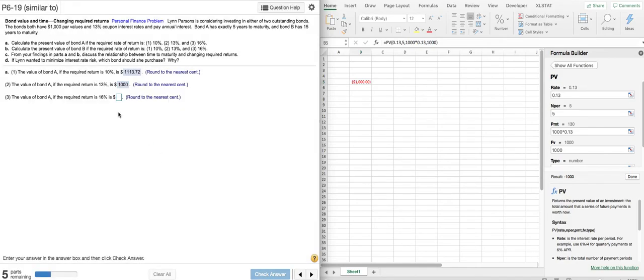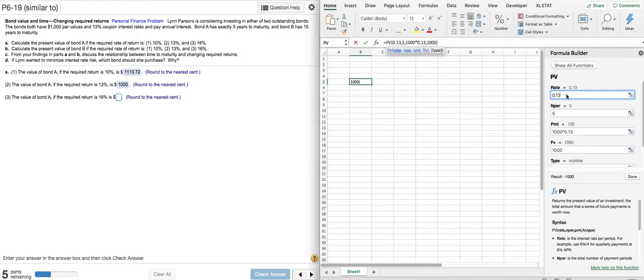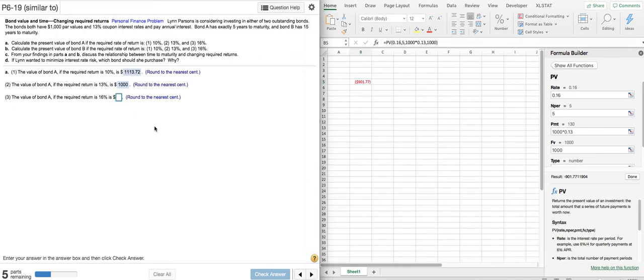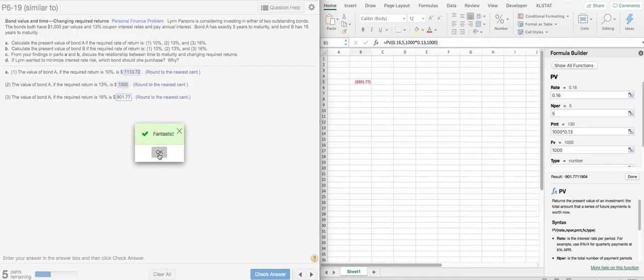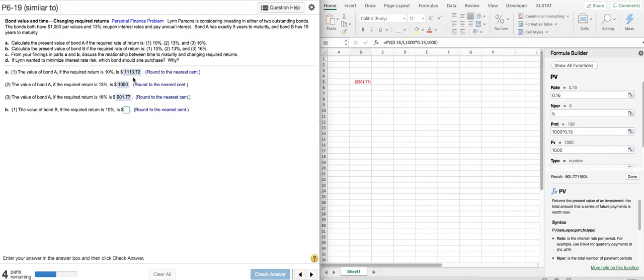And now we are looking at requiring a 16% rate of return. In this case, we would be paying a discount, so $901.77. And this should make sense in that if we're comparing the coupon rate of 13% versus the required rate, just comparing those rates,